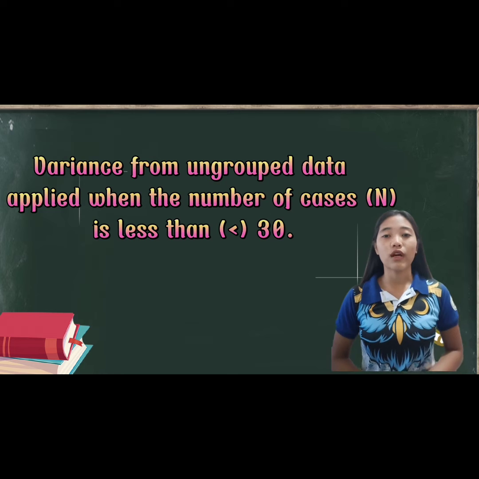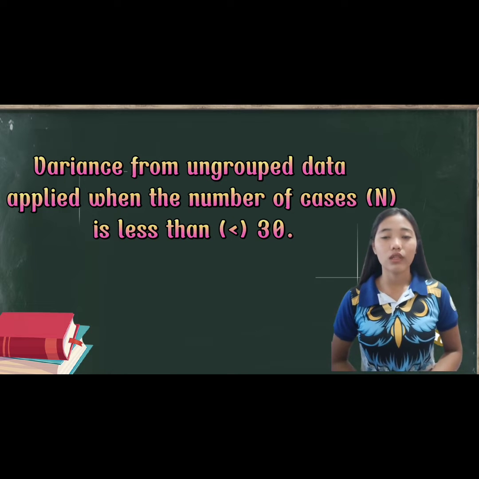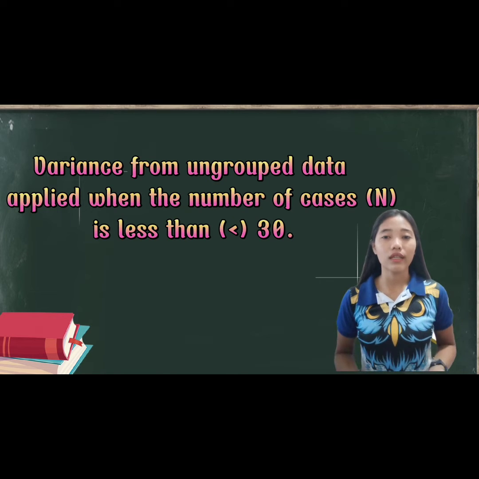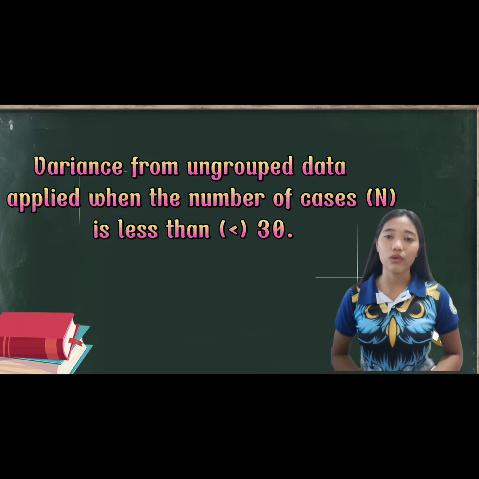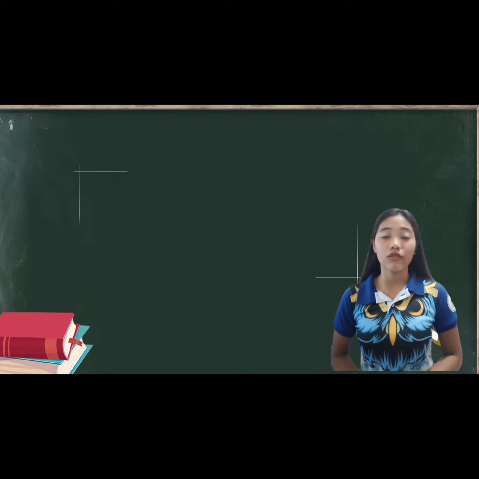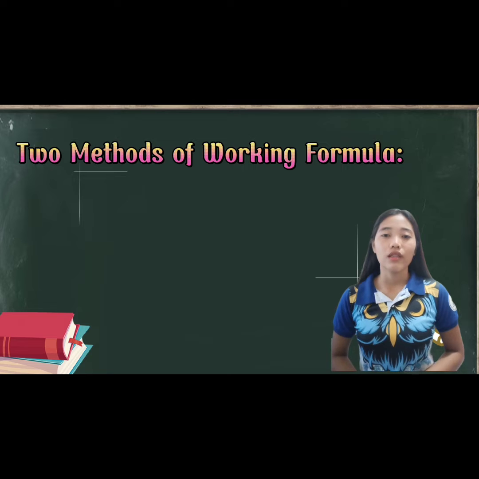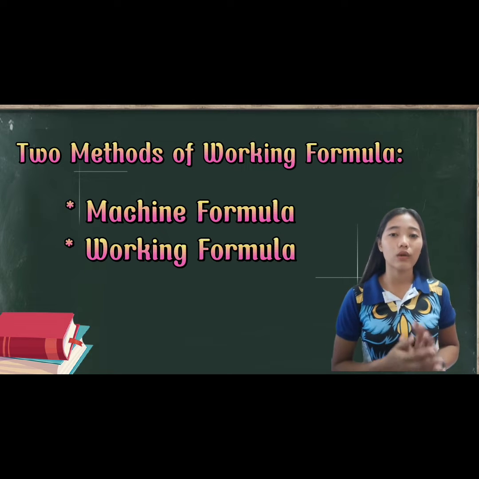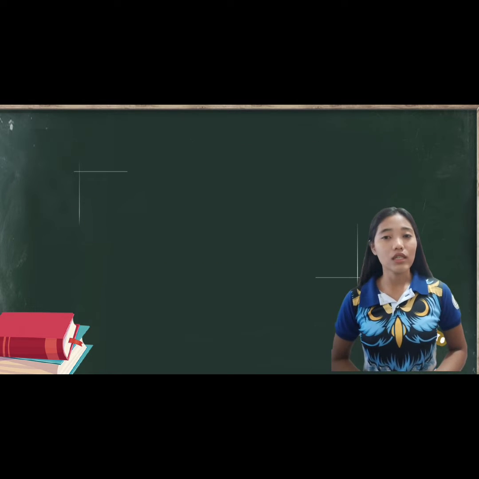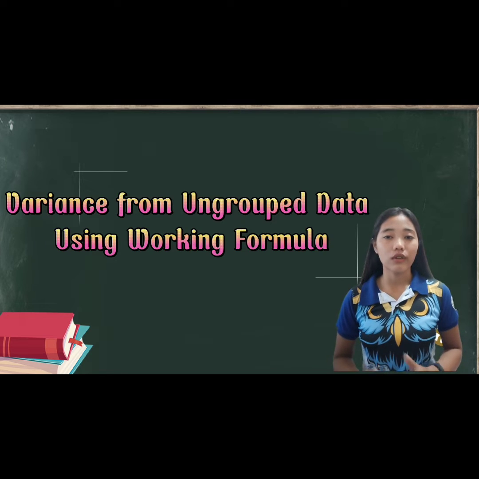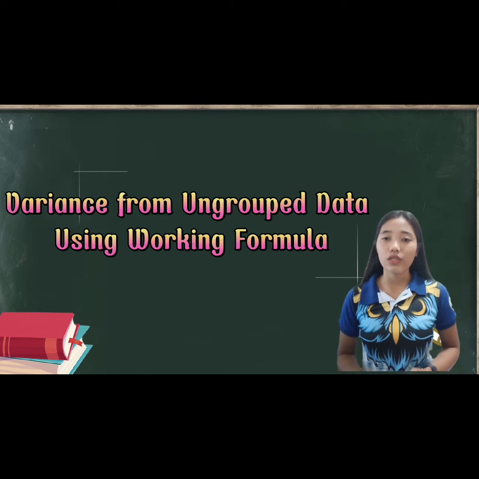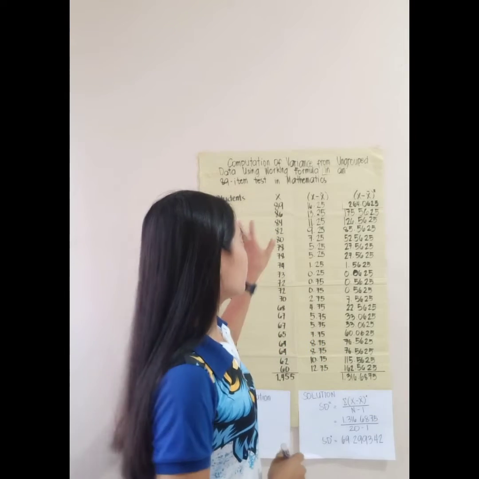Variance from ungrouped data is applied when the number of cases, or n, is less than 30. There are two methods in getting the variance from ungrouped data. These are the machine formula and the working formula. But in this video, I will discuss the working formula. So this is the computation of variance from ungrouped data using the working formula in an 89-item test